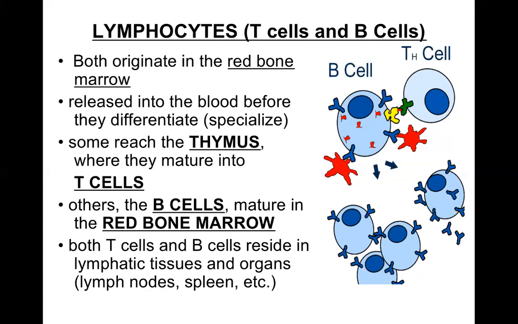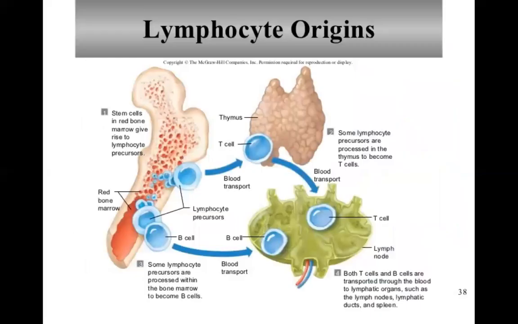Both T and B cells reside in lymphatic tissue, like within lymph vessels, primarily in lymph nodes, although they can move in between nodes, in the spleen, sometimes in the liver. The filtering types of organs have a lot of them. Here, this is a diagram you can see in your textbook, and it's showing how these